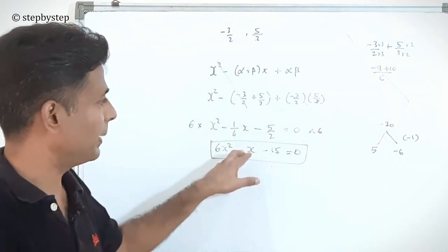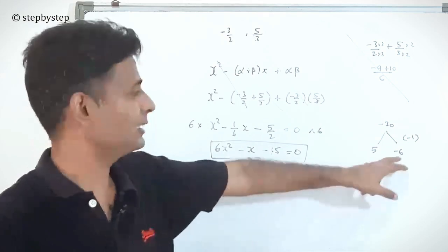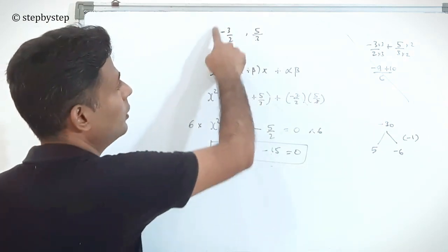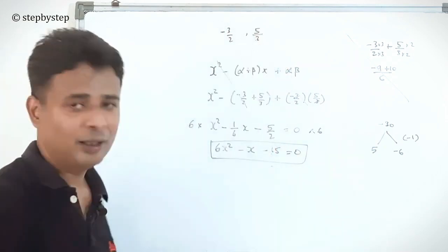So now you will split the middle term. You will write it as plus 5x minus 6x. Take whatever is common. When you find the zeros, you will see that you will get minus 3 by 2 and 5 by